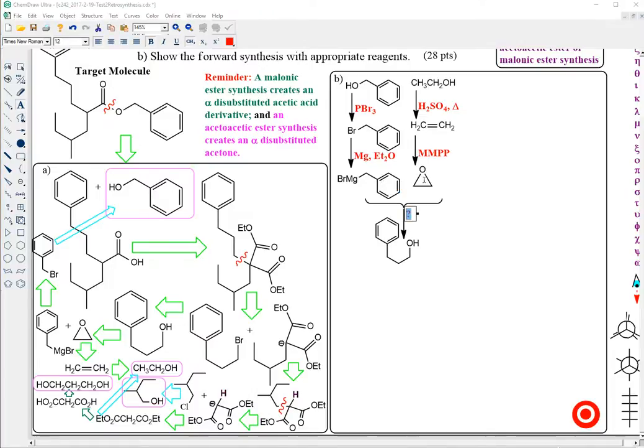The Grignard and ethylene oxide will react in a nucleophilic attack on the less substituted carbon, which does not matter here. They have the same substitution. And follow that by protonation using HCl, and you have your required primary alcohol for your synthesis. The primary alcohol then needs to be converted to a primary alkyl bromide